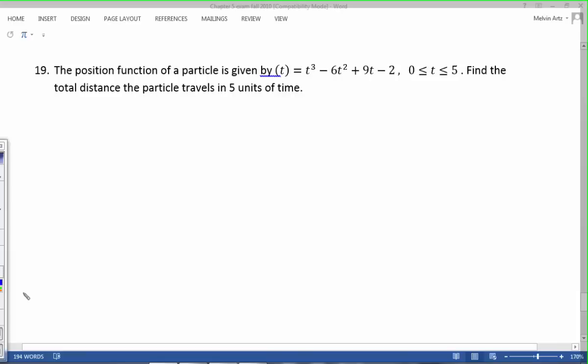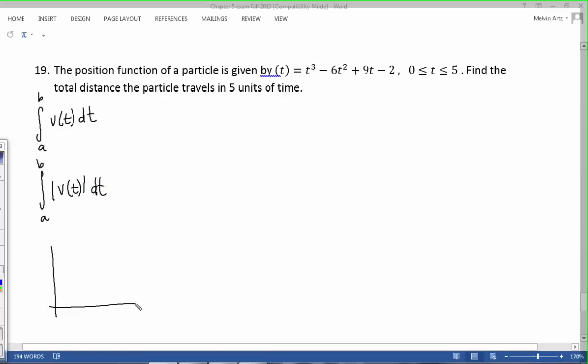The position function of a particle is given by this equation. Find the total distance. We know to find total displacement, we just have to find the antiderivative of the velocity on the interval. That gives us total displacement, or displacement. Now to find total distance traveled, if the particle changed direction,